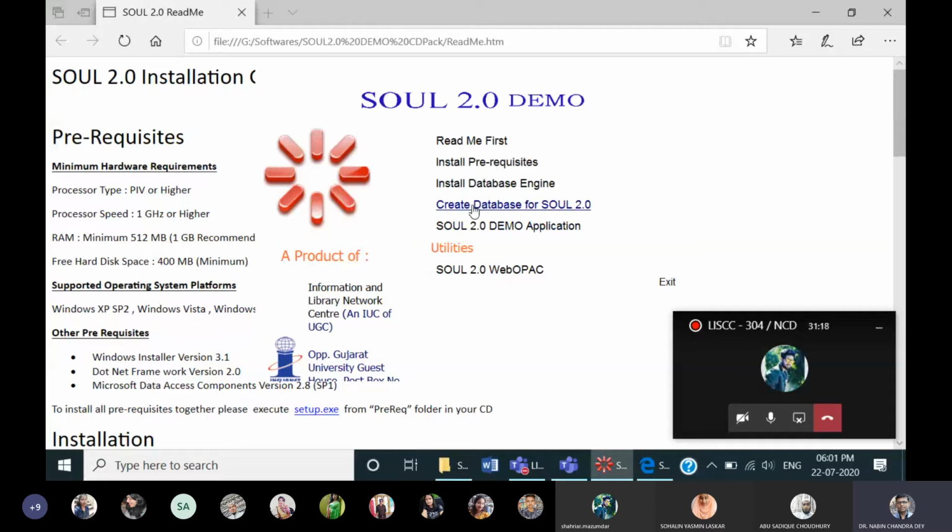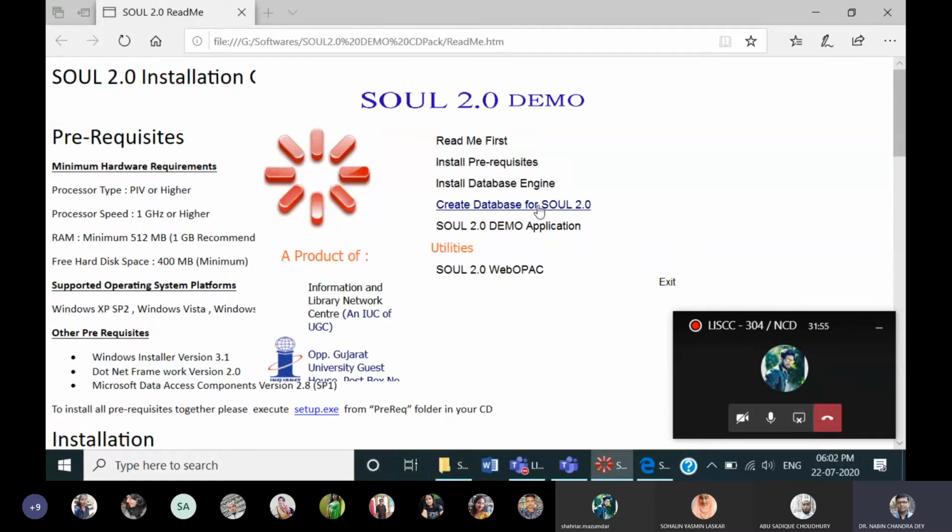Then, before I go on, SQL Server software is installed. It is a compact version. The minimum components are there to run the Sol. For big libraries like universities, they have to install the full version of SQL Server and purchase it. This is the minimum version they have given with the Sol, so that small libraries can run with this software. But for university libraries, this database engine will not work. You have to buy a full version, like MS SQL Server or any other.